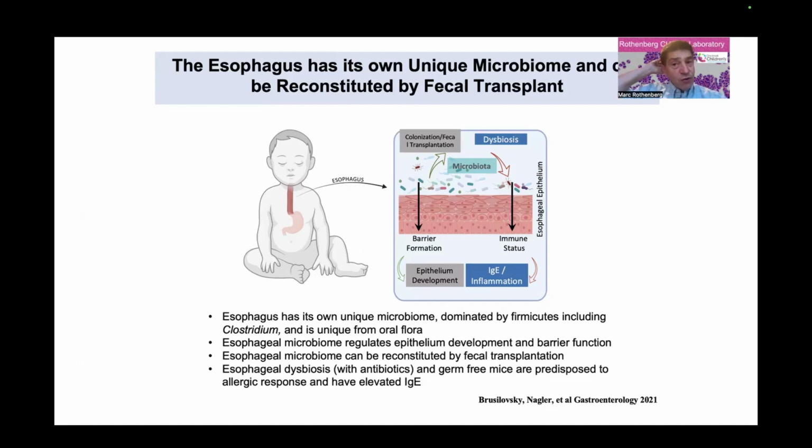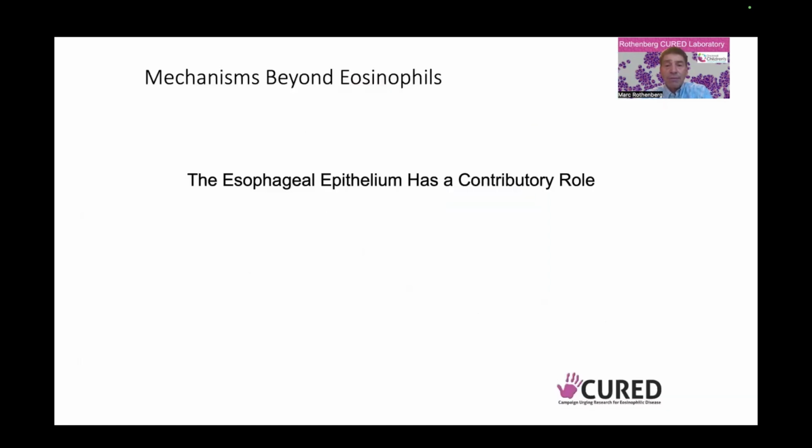Also, we have demonstrated that we can transfer the esophageal microbiome by a fecal transplant, basically meaning a stool transfer in mice is sufficient to modify the esophageal microbiome. These are fundamental findings indicating that the microbiome plays a role in the esophagus and that it is manipulatable, and it may explain the environmental factors that are influenced by the early life exposures that lead to EoE susceptibility.